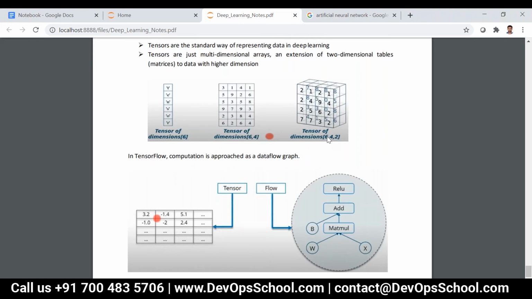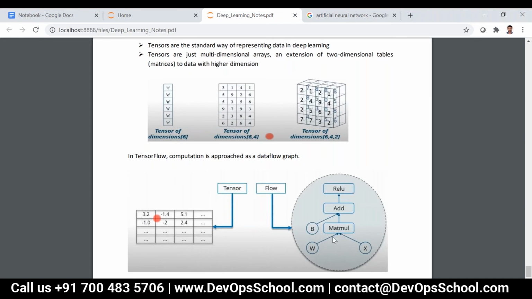Then tensor means data, flow means it's a graph, that is how the data is flowing through the functions or nodes. Now say here, this is nothing but input, this is nothing but weight. x can be of any dimension, y can be of any dimension, so this will be calculated based on the matrix multiplication concept.